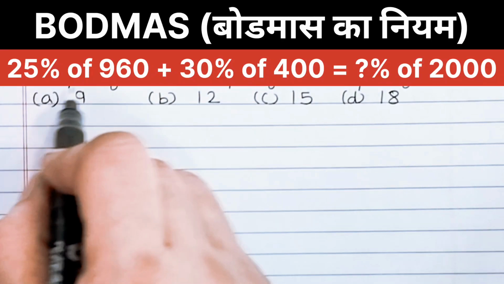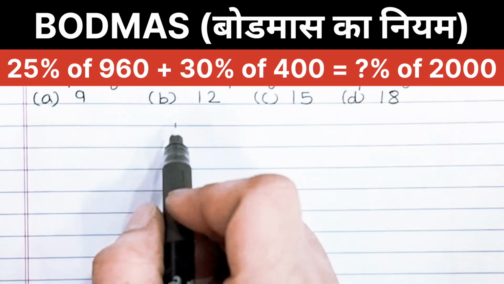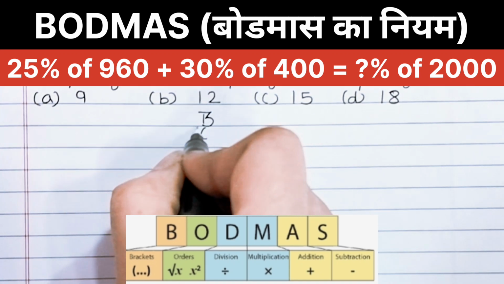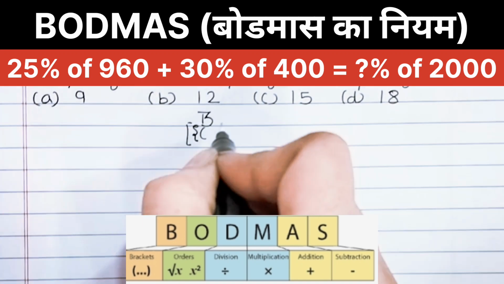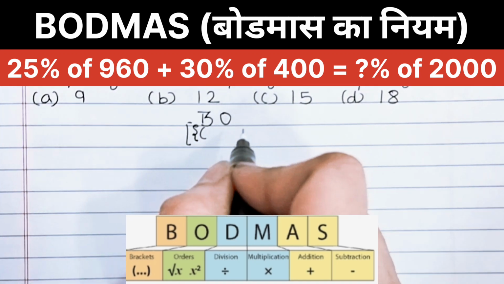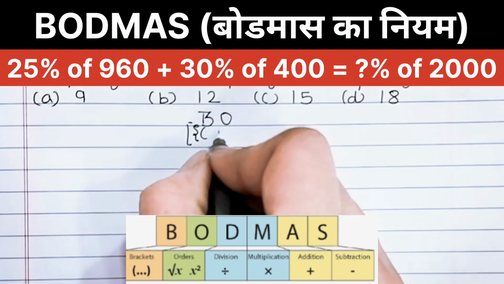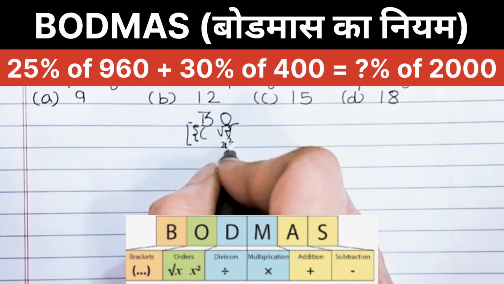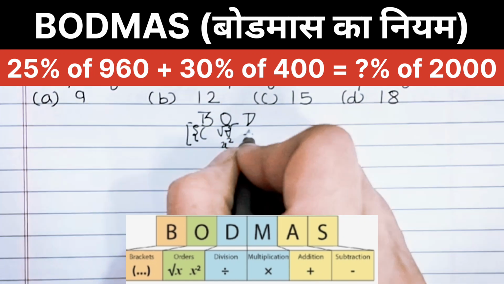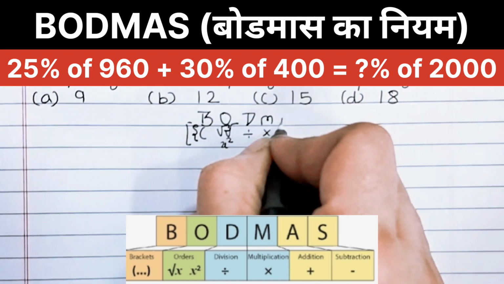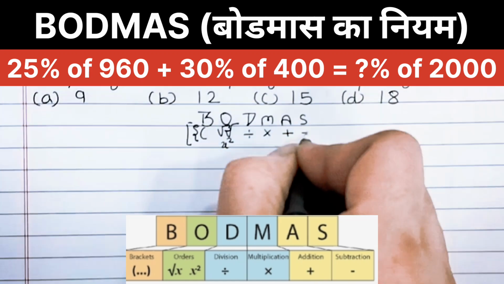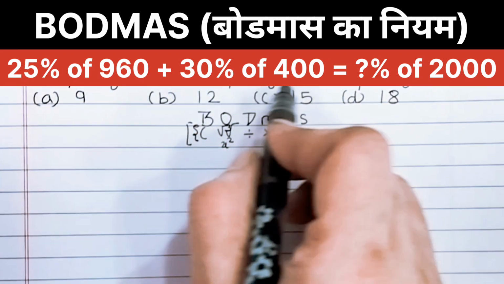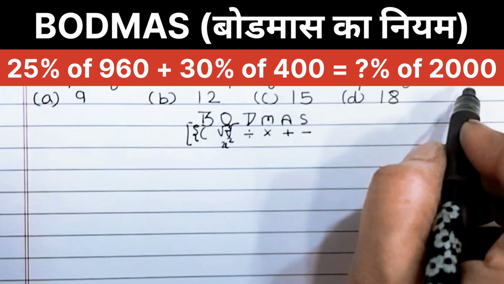Hello friends, now to solve this equation, we follow the BODMAS rule. BODMAS rule says first we solve the bracket: small bracket, curly bracket, then square bracket. O stands for of, we convert into multiplication and we solve square roots, cube roots and exponents under the O, and D stands for division, M stands for multiplication, A stands for addition, S stands for subtraction. According to this BODMAS sequence, we'll break down this expression with a step-by-step solution.